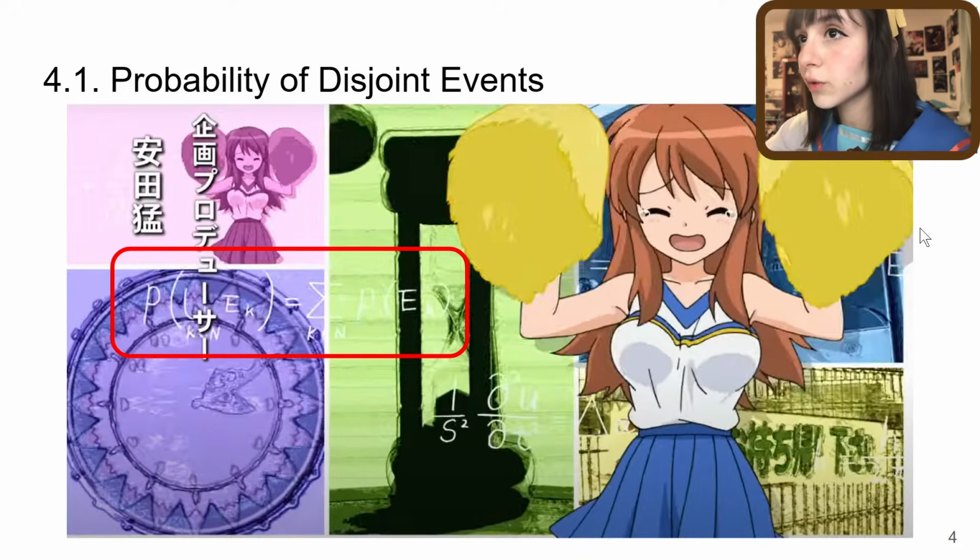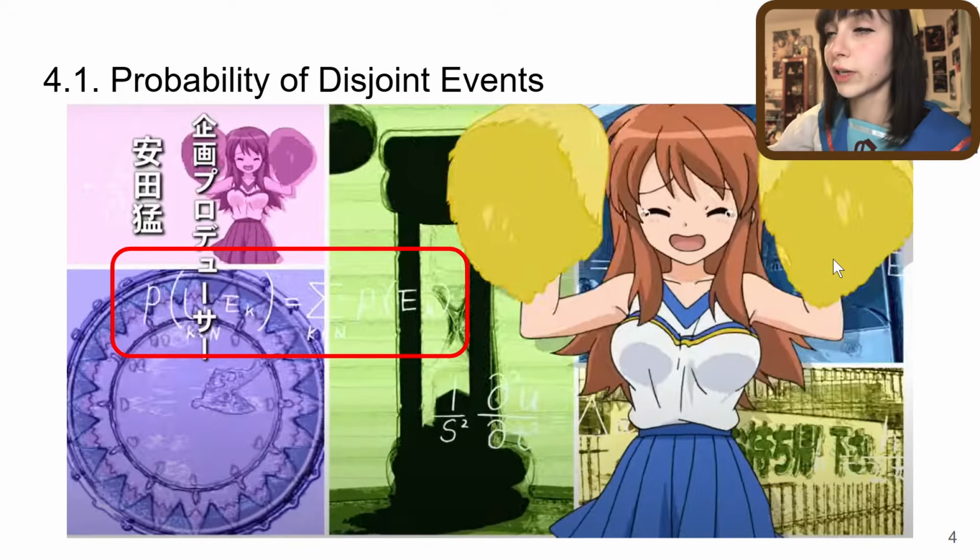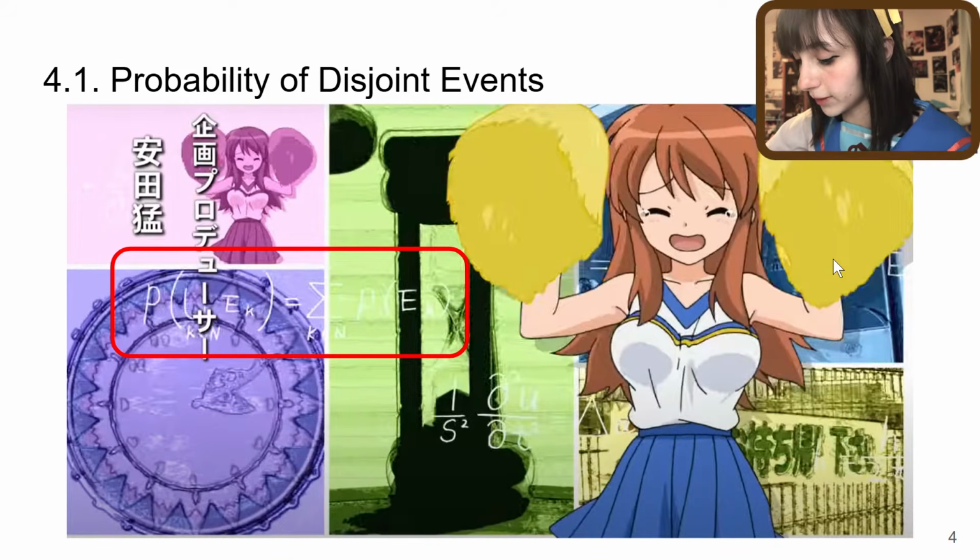But in essence, we're going to be talking about events, what are disjoint events, what are events as a whole, how do I categorize them, and a little bit on defining probability, at least for our purposes. And we're also going to be talking a little bit on Bayesian updating and this sort of interpretation of probability.